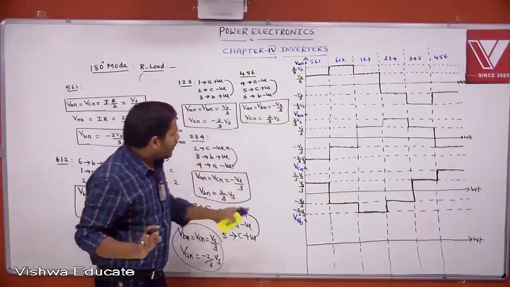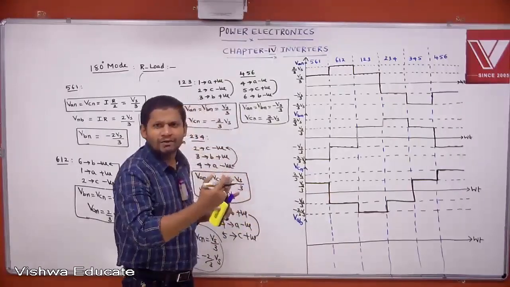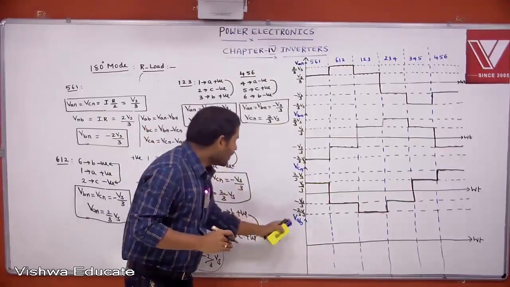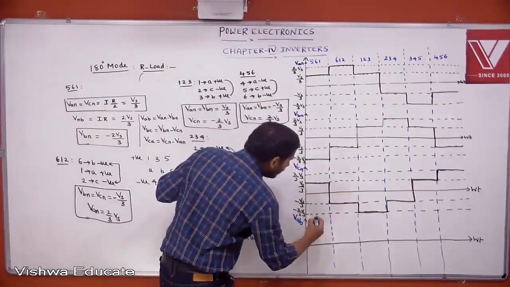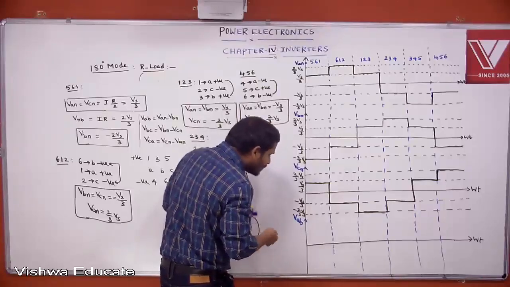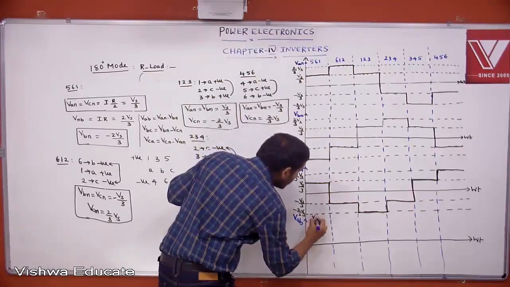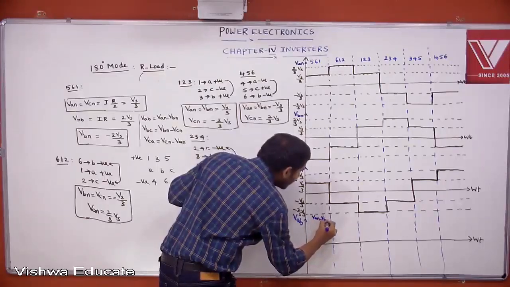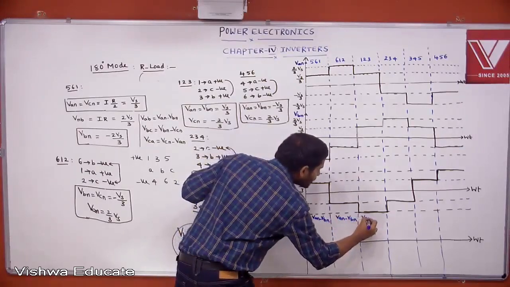Then the remaining shapes are the same. They will just be shifted by some angle. Understood? Can you draw the VAB? How to draw the VAB? VAB is nothing but VAN minus VBN. We represent it with VAN minus VBN. You calculate VAN minus VBN